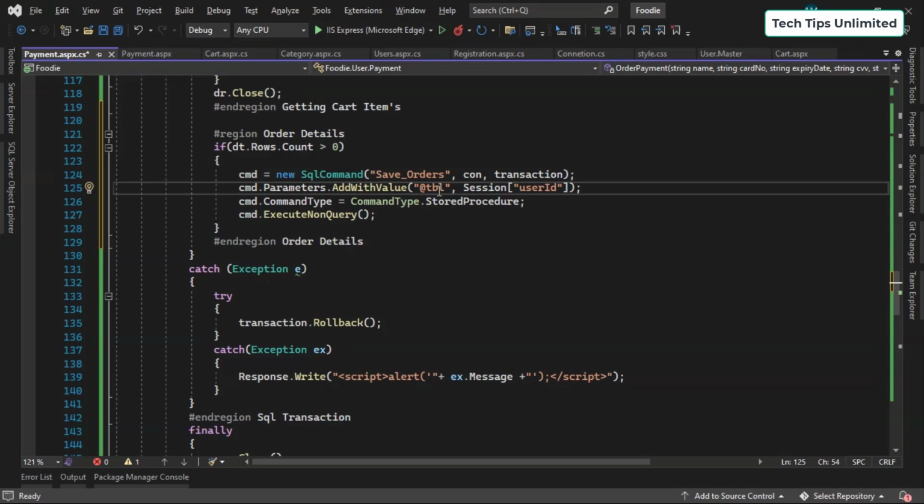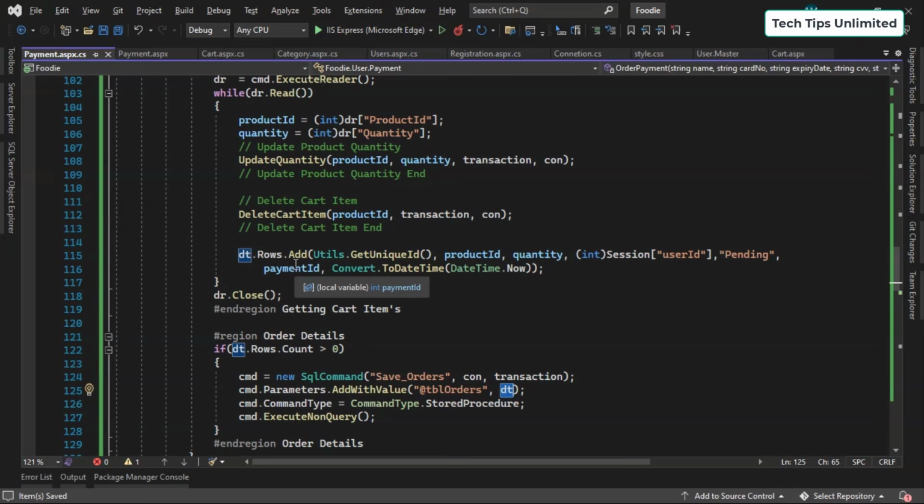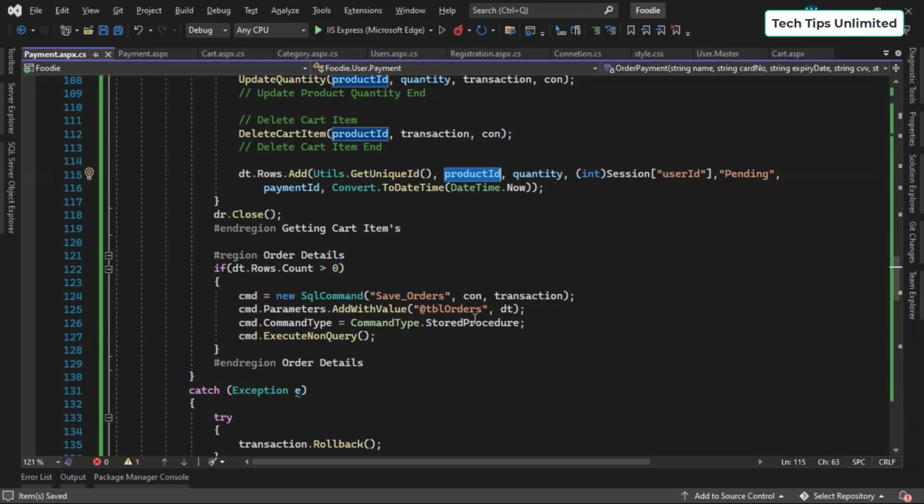So here what we want, tbl orders, and here we need to pass the dt object. So all the values that are coming in this row, which contains data of multiple columns, we are passing at once here as a parameter. So for taking all the columns data at once, we need to create a table type for that, then only it will accept that data at once. Okay,